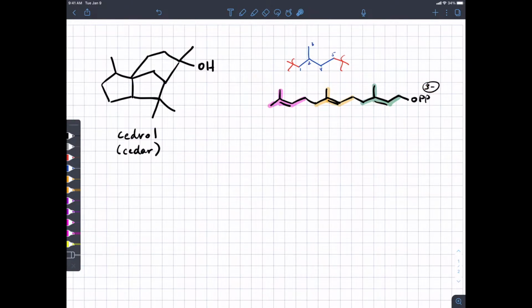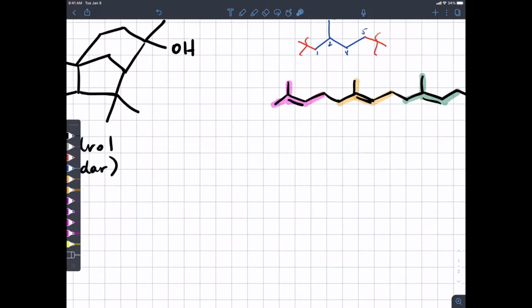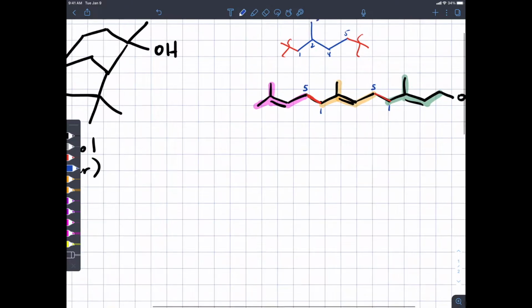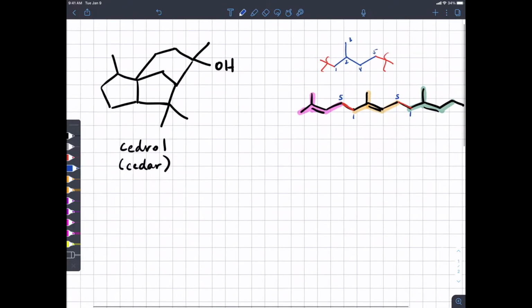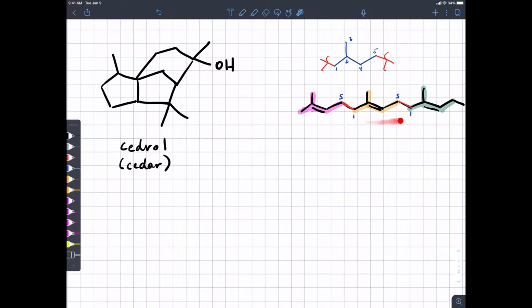We're going to talk about how mechanistically that might happen. But what we want to do is identify the different isoprene units within this structure, because that will give us an idea of the bonds we have to make. Okay, and as we talked about last time, remember that the bonds present in the linear precursor in between isoprene units are the sigma bonds between carbons 5 and 1. So those are bonds that we're not going to have to make as we go from this linear precursor to